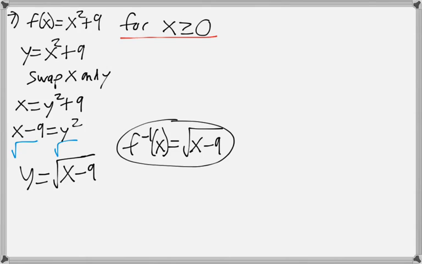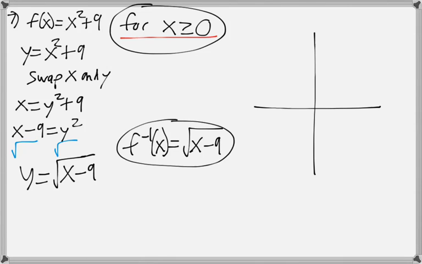So that's our answer. Again, we never used this in the algebraic process for this, but again, what this is talking about is, because it's a parabola, if you reflect it, it's going to look like that, and this is not a function because it hits it in more than one location. So you would need to